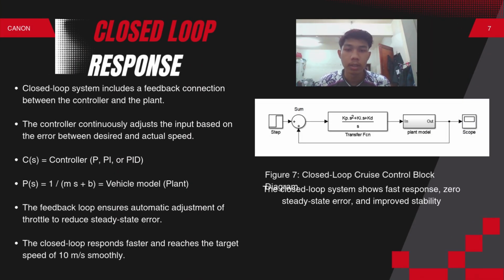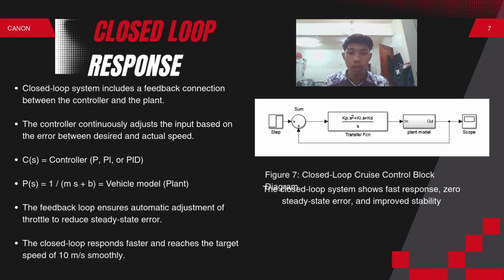Okay, for this slide, closed loop response. A closed loop system includes a feedback connection between the controller and the plant. This means the controller continuously adjusts the input based on the difference between the desired speed and the actual speed of the vehicle. Here, the controller is represented by C(s), which can be a PI or PID controller, while